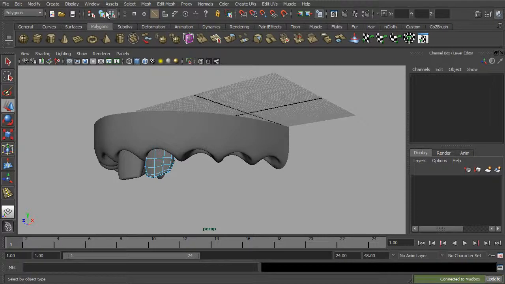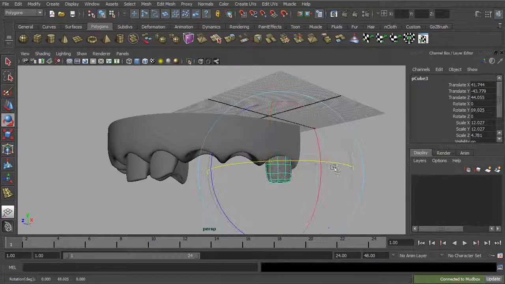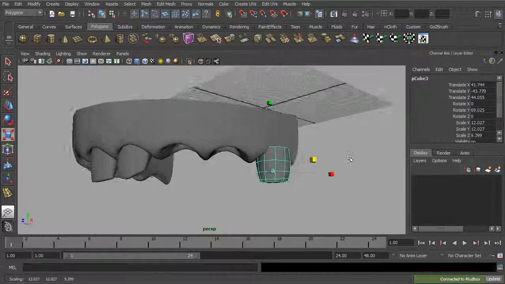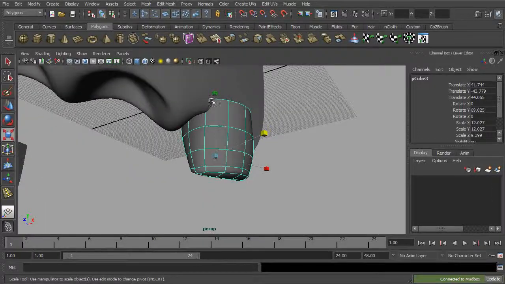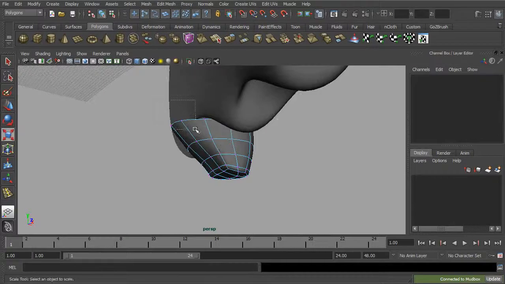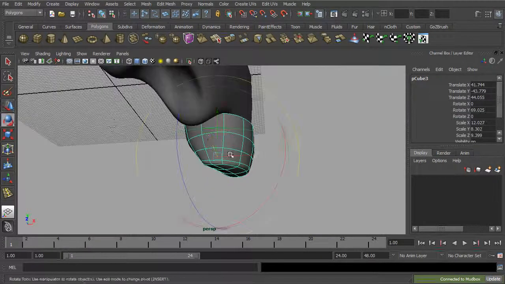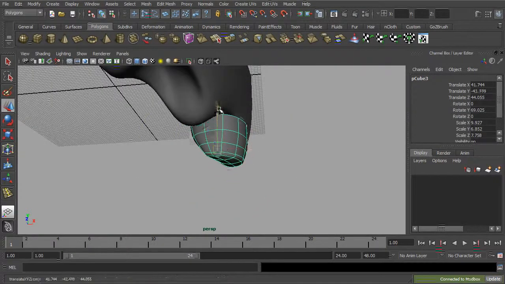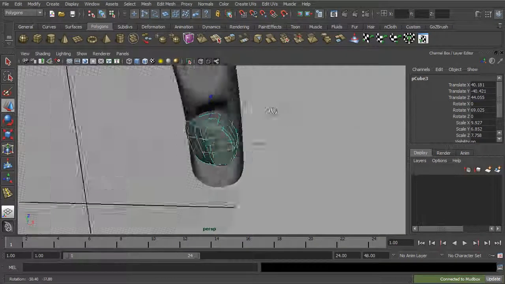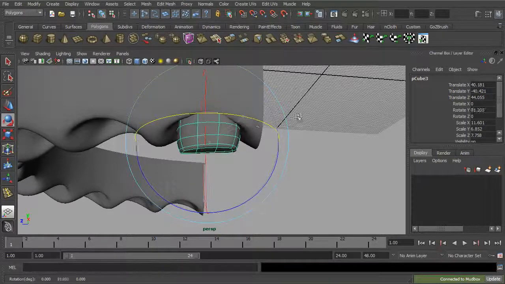Okay. As we come in on the back end, again, we can duplicate this and move it over here. These we can flatten out, widen up a little bit, a bit more of a molar look. You can flatten that out. You can see where the back end is going to be a little bit more than what we need, so we'll go ahead and bring that in. And we'll just move that into position along the back there. And just scale it to fit. Again, not worrying too much about